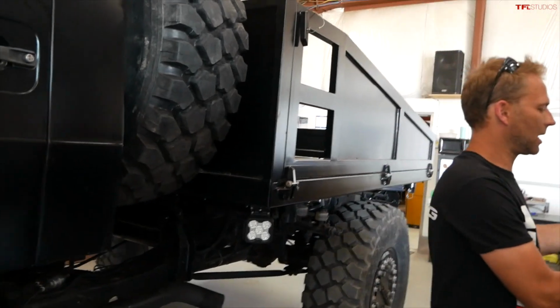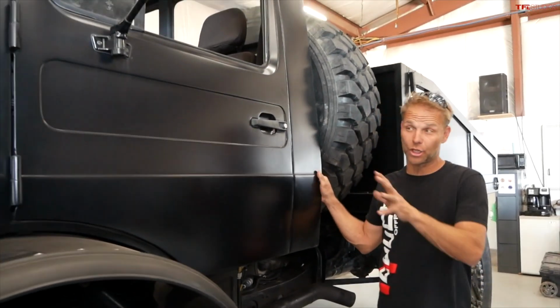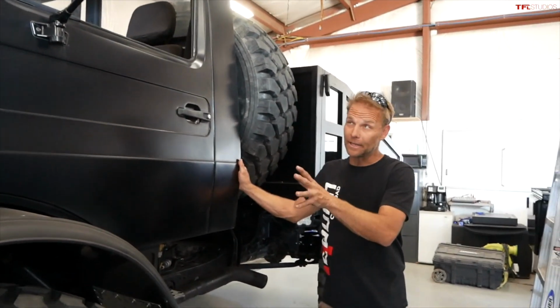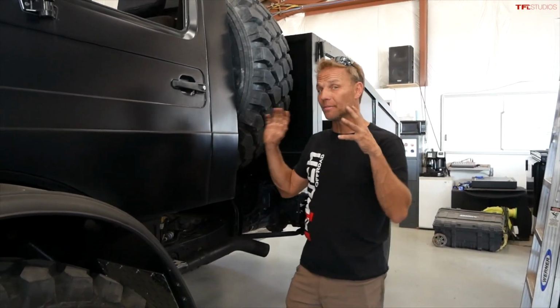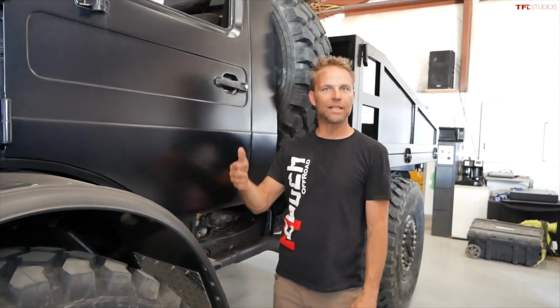This was a surplus Bundeswehr, which is the German military truck. And this one in particular is an old one. This is '79. We actually chose this one specifically because '78, '79, and 1980 were kind of the most robust they've ever built. I mean, that's arguable, but in my experience, this has been it. So a complete rebuild, over the top. It's not cheap